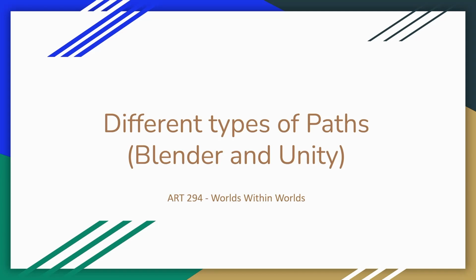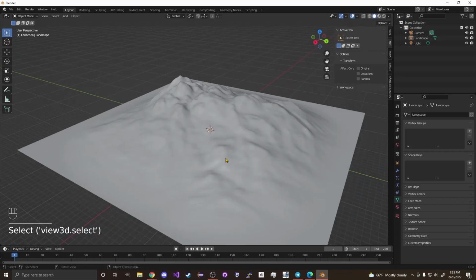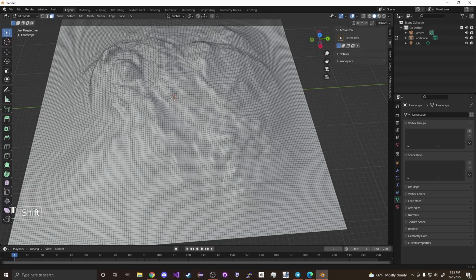Hello, I'm going to do a tutorial on different kinds of paths that you can make using 2 in Blender and 1 that you can do in Unity. Okay, so I'm in Blender and I'm going to show the first type of path, which would just be really